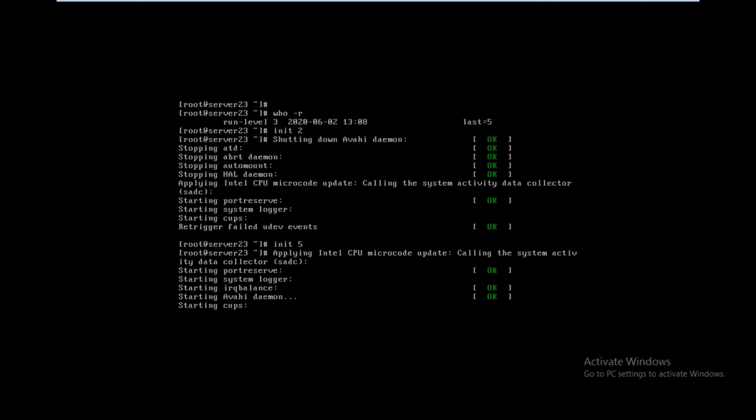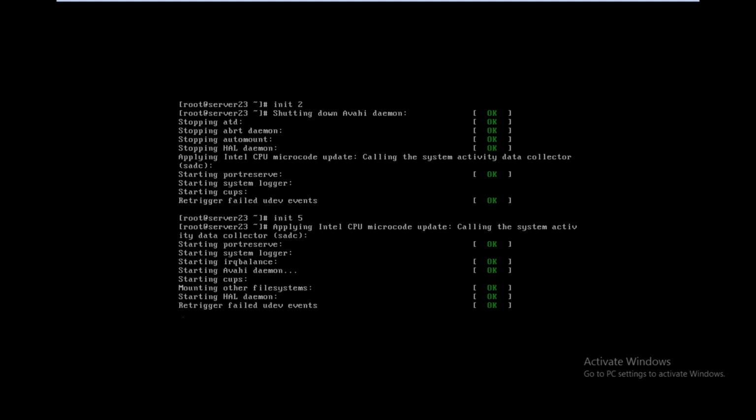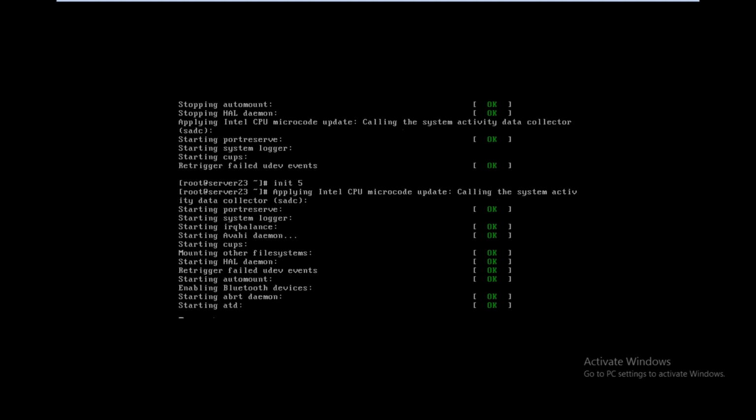If you install the Linux operating system in text mode, you can get only text mode. If you install Linux in graphical mode, you can go to graphical mode as well as work with the text mode.